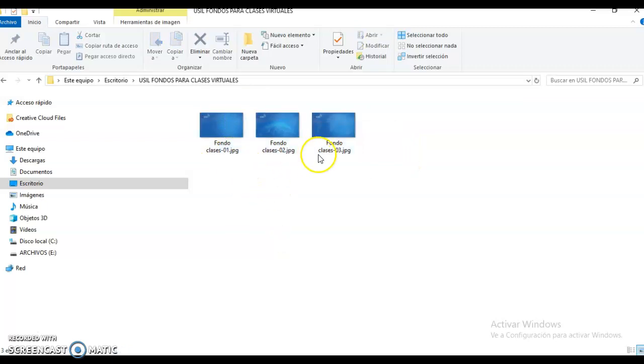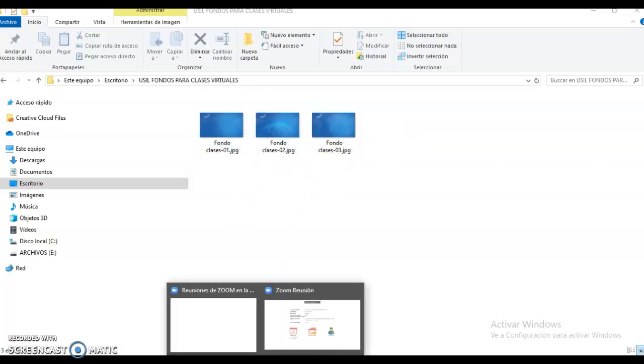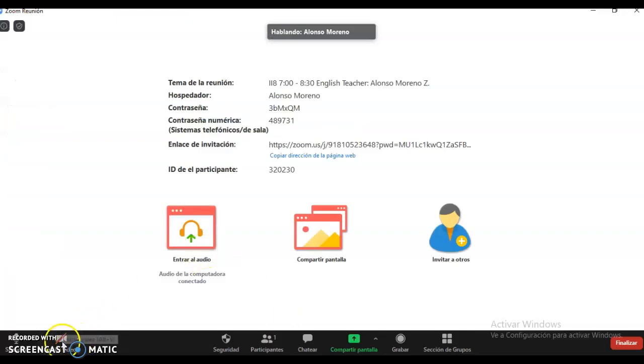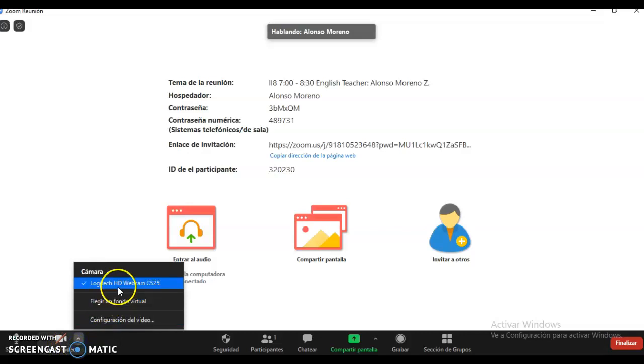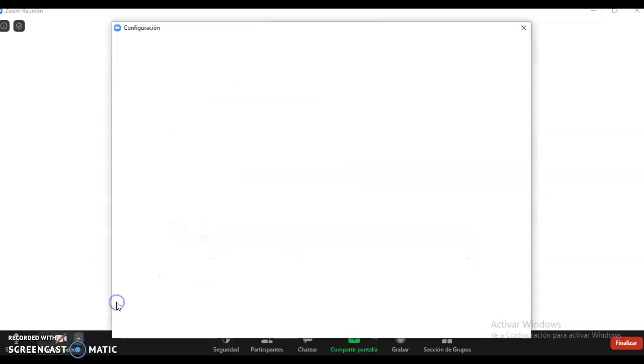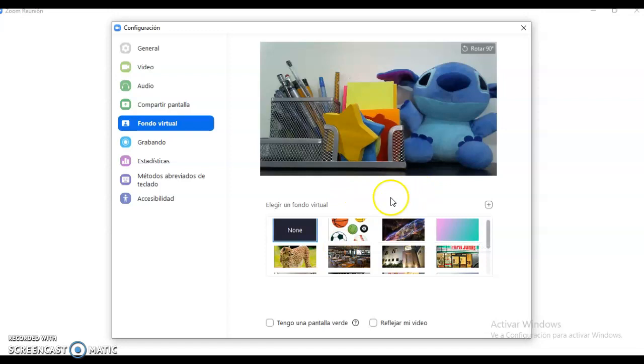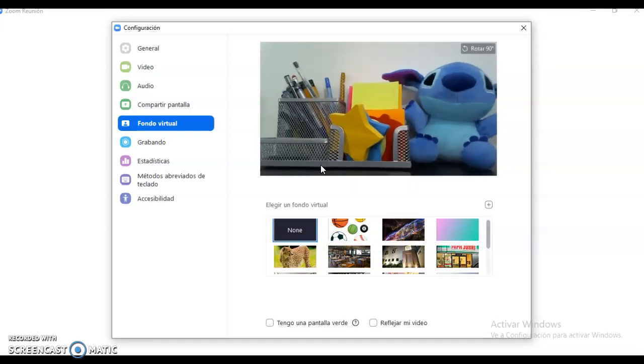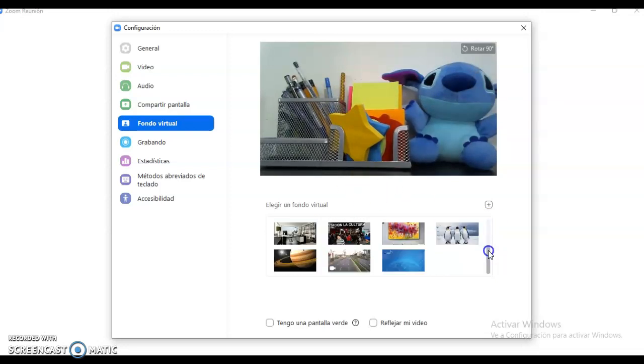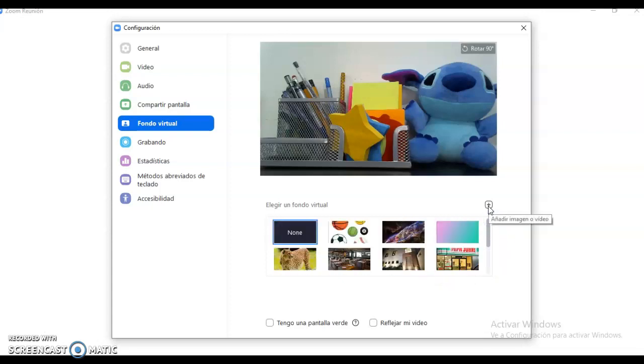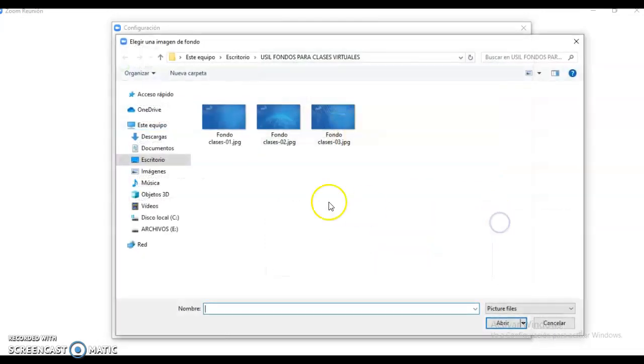Once you have the backgrounds in a good place, you can go to your Zoom session, and where it says Iniciar video, you can put Elegir Fondo Virtual. As you can see, now my camera has been activated. Yes, this is my camera. In this moment I have this. But here you should find, you press here where it says Añadir imagen, and here you can put Agregar imagen,